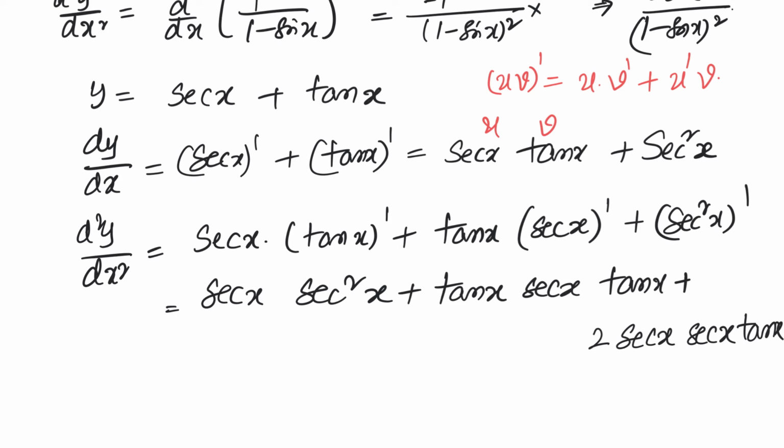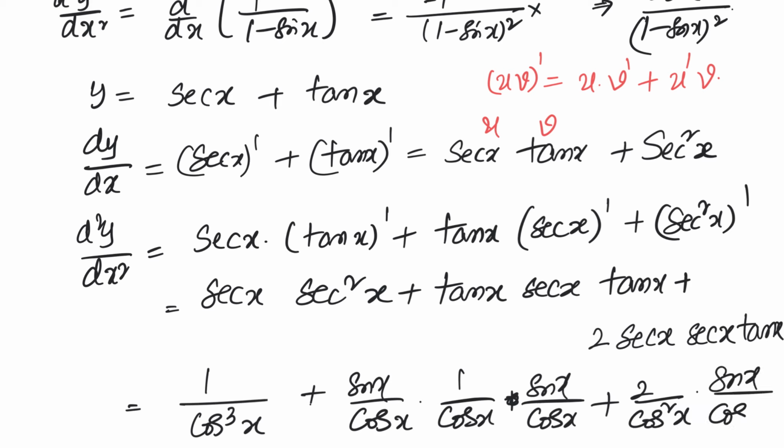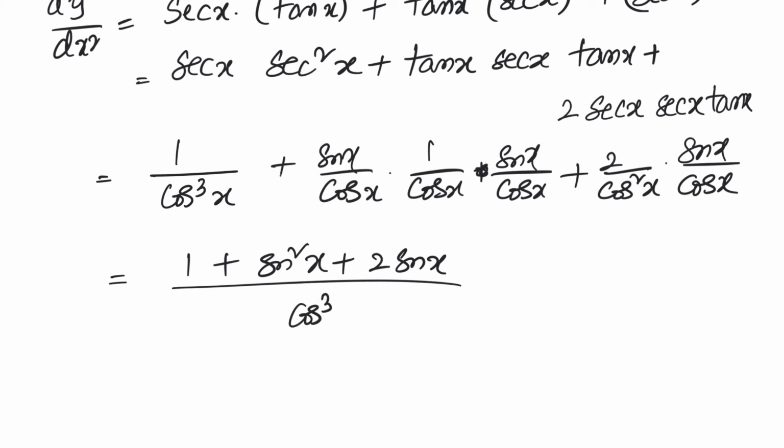Now let us change all of them into sine and cos. I'll have sec cube x is 1 by cos cube x, plus tan x is sin x by cos x into sec x is 1 by cos x, into tan x is again sin x by cos x, plus 2 sec square x, that is 2 by cos square x, multiply with tan x, which is sin x by cos x. This is equal to 1 plus sin square x plus 2 sin x divided by cos cube x, which is